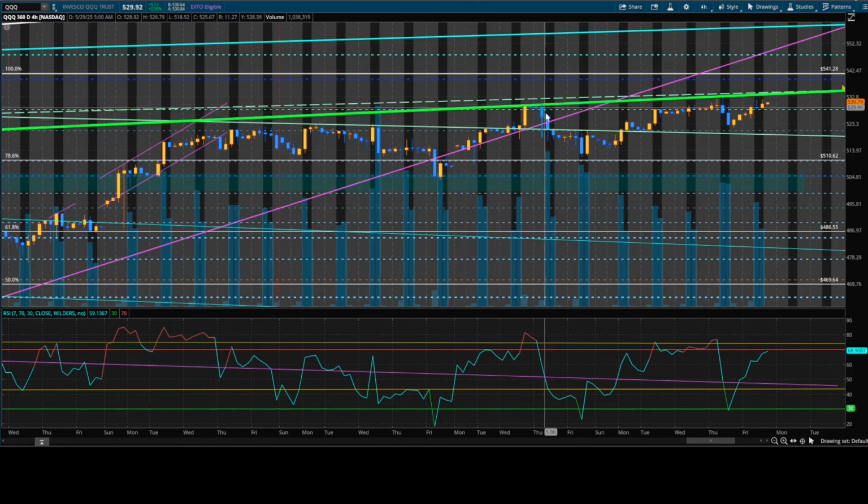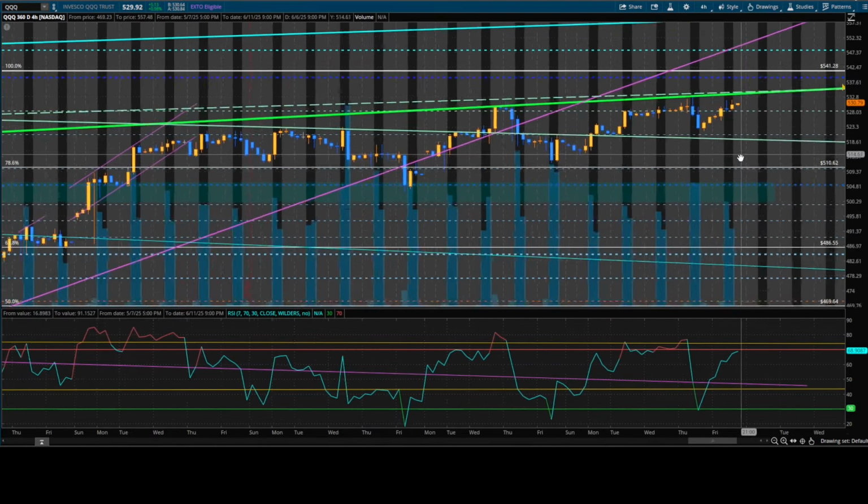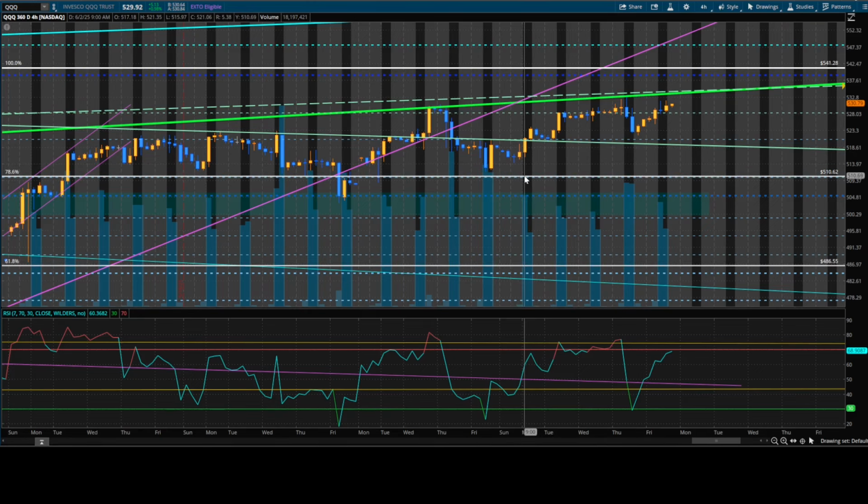And QQQ keeps rejecting off of it every time it gets close or even touches it. However, every time it touches it and bounces down, it's not rejecting as sharply, which again shows a lot of bullishness, and it indicates that a lot of these big block orders that are in here are getting bought up, and this key level could get broken, as well as this main exuberance line that I've covered in